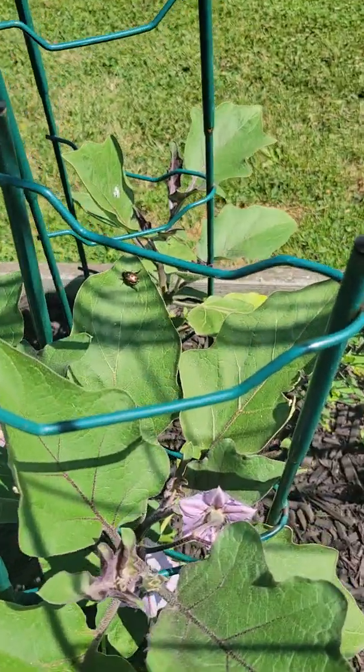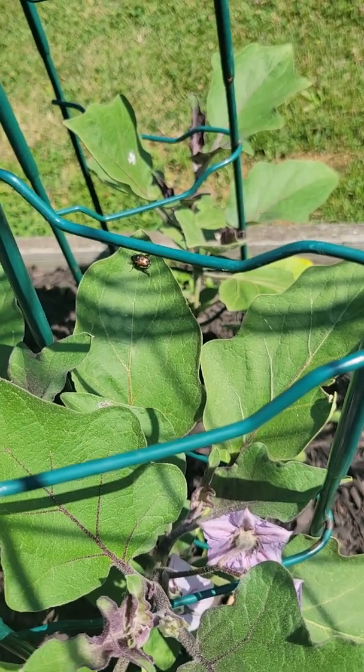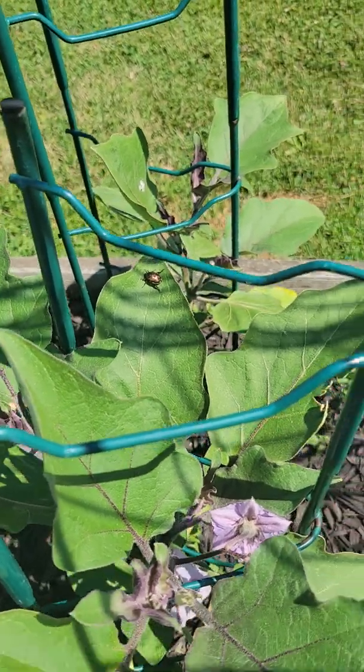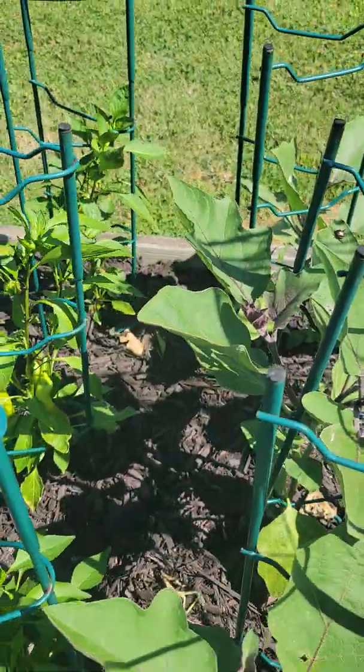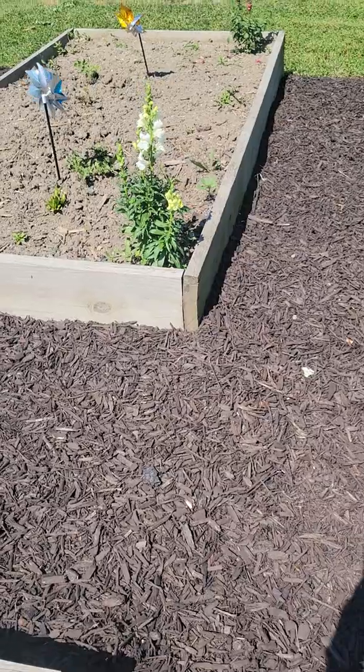Oh, there's a Japanese beetle. Can you see it on the leaf there? I think they're fornicating. Yeah, I'm going to have to pick those off. Now,